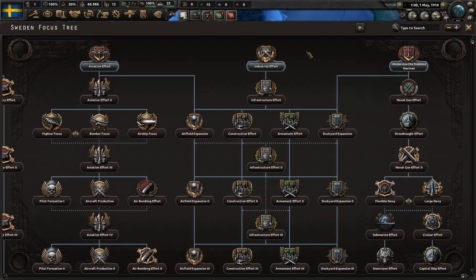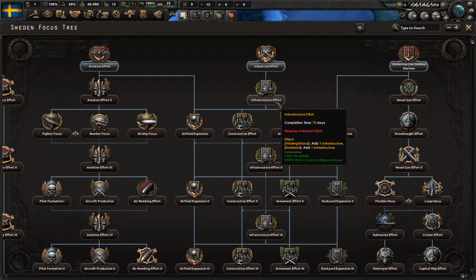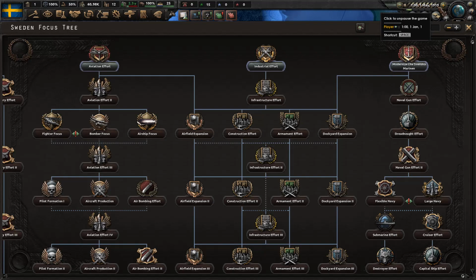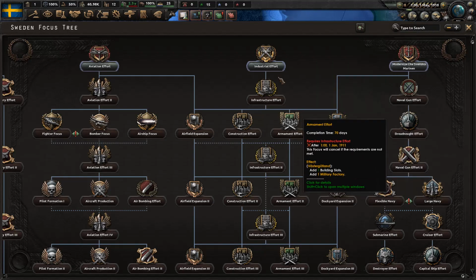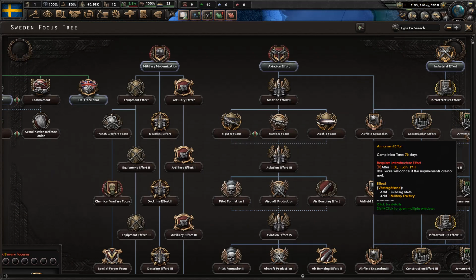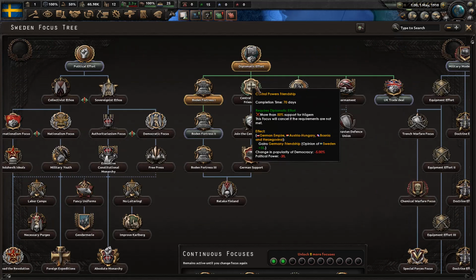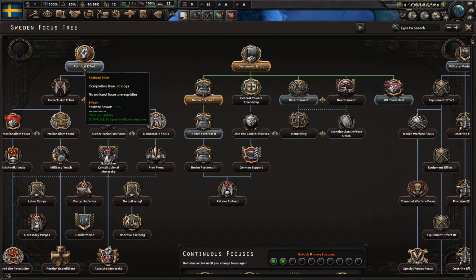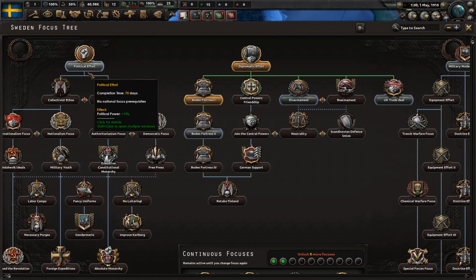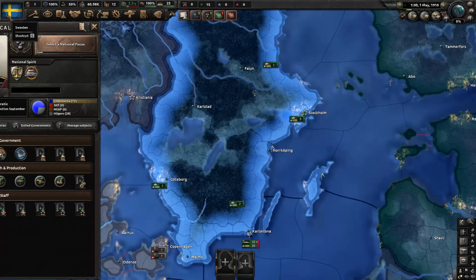That frees up our time from industrial effort, which will take 70 days, then another 70 days. So that's roughly 140, so that's pretty much 5 months. It's May, so that would be October, and then armament effort. So we've got time to do one thing before we go to construction and armaments effort. So what could we do here? We could get the political effort. That's 70 days, and that would give us 100 political power,